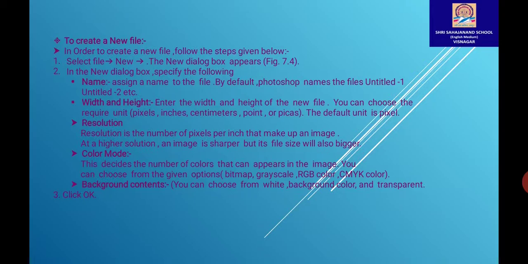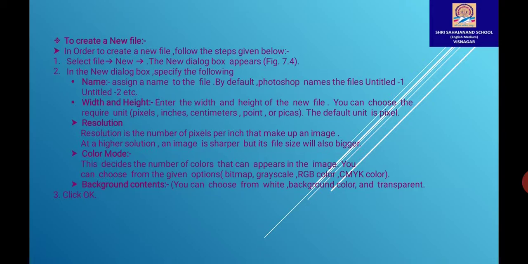Now second option is width and height. Enter the width and height of the new file. You can choose the required unit. You can select from the options given: pixel, inches, centimeters, points. By default, pixel is given there. Then resolution. Resolution is the number of pixels per inch that make up an image.